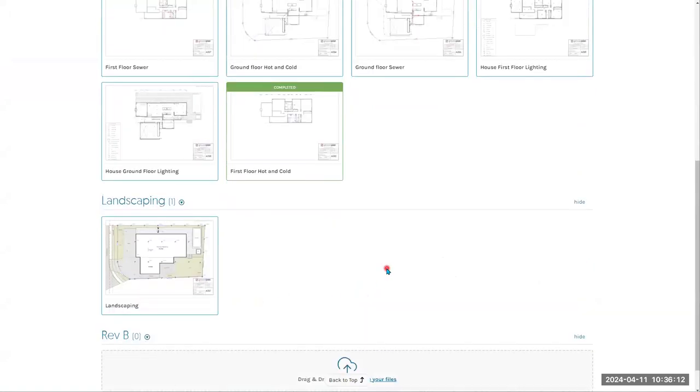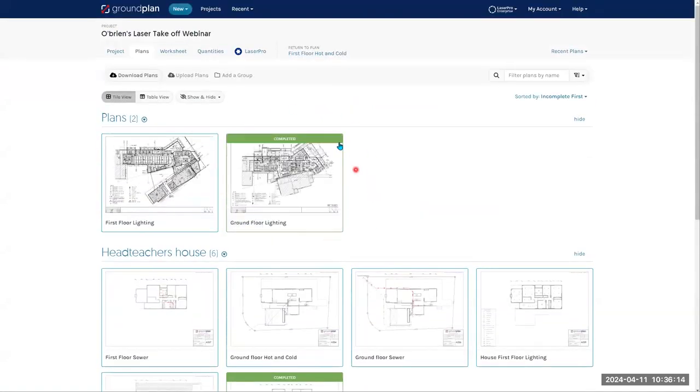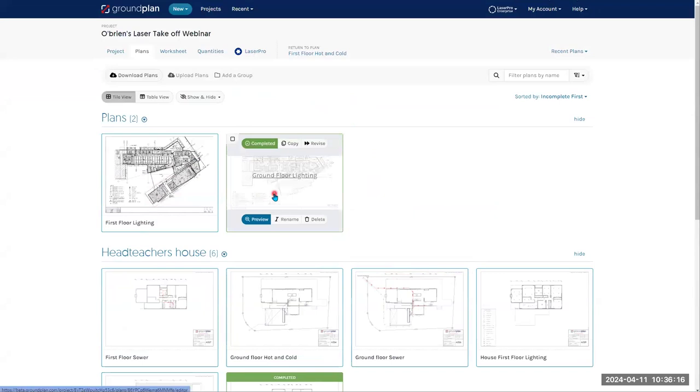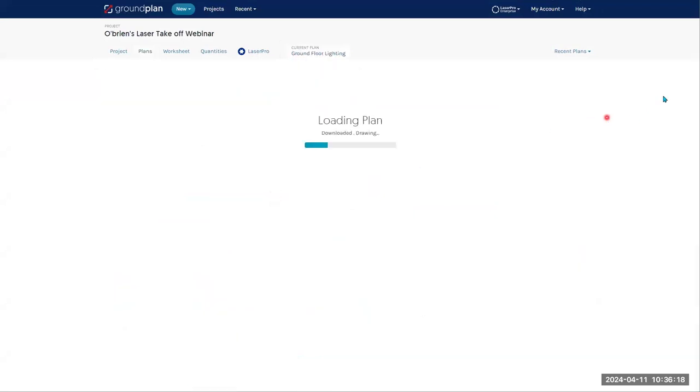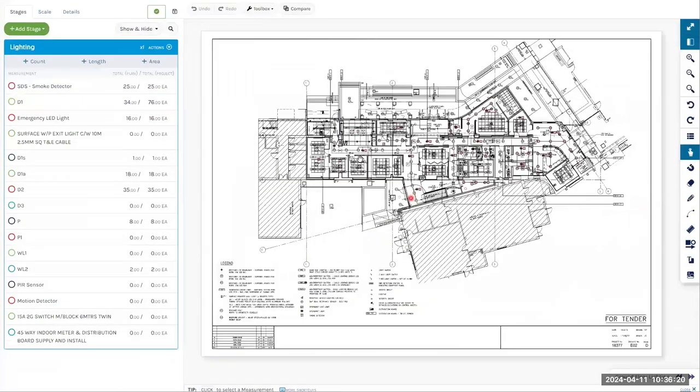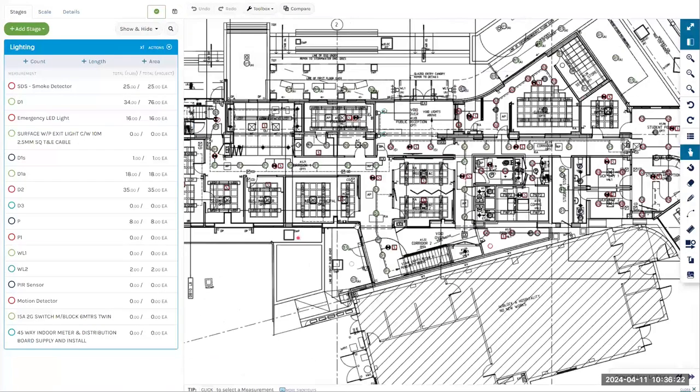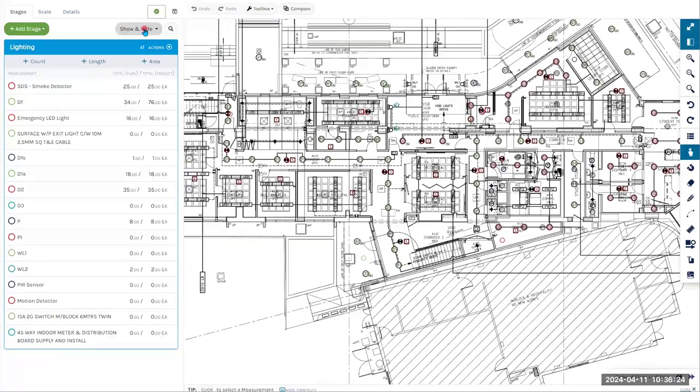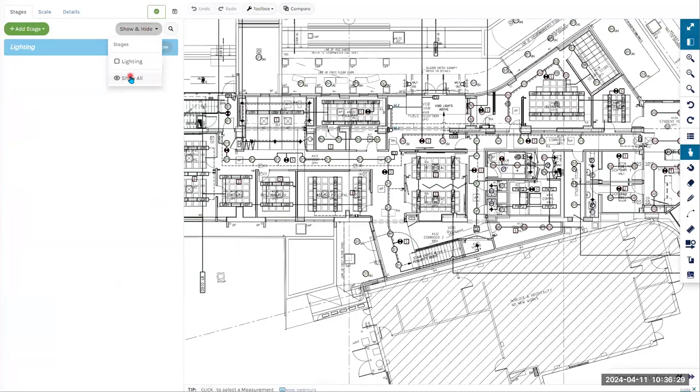This group is now empty because this plan revision is now my marked up plans background. So I'm going to click to open this and see what this has done. So here is my new plan. So I'm going to click Show and Hide All and click to hide all stages just to hide the markups